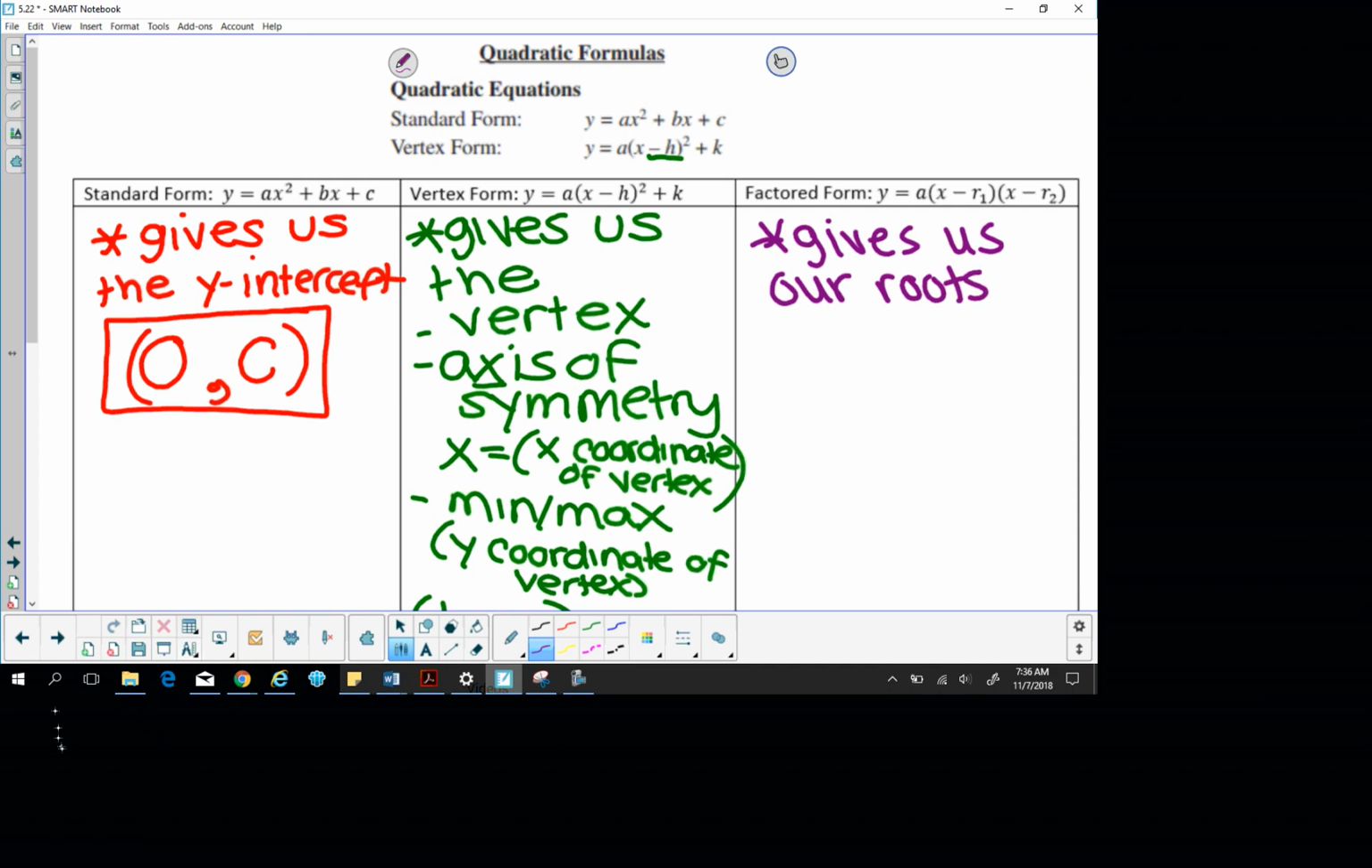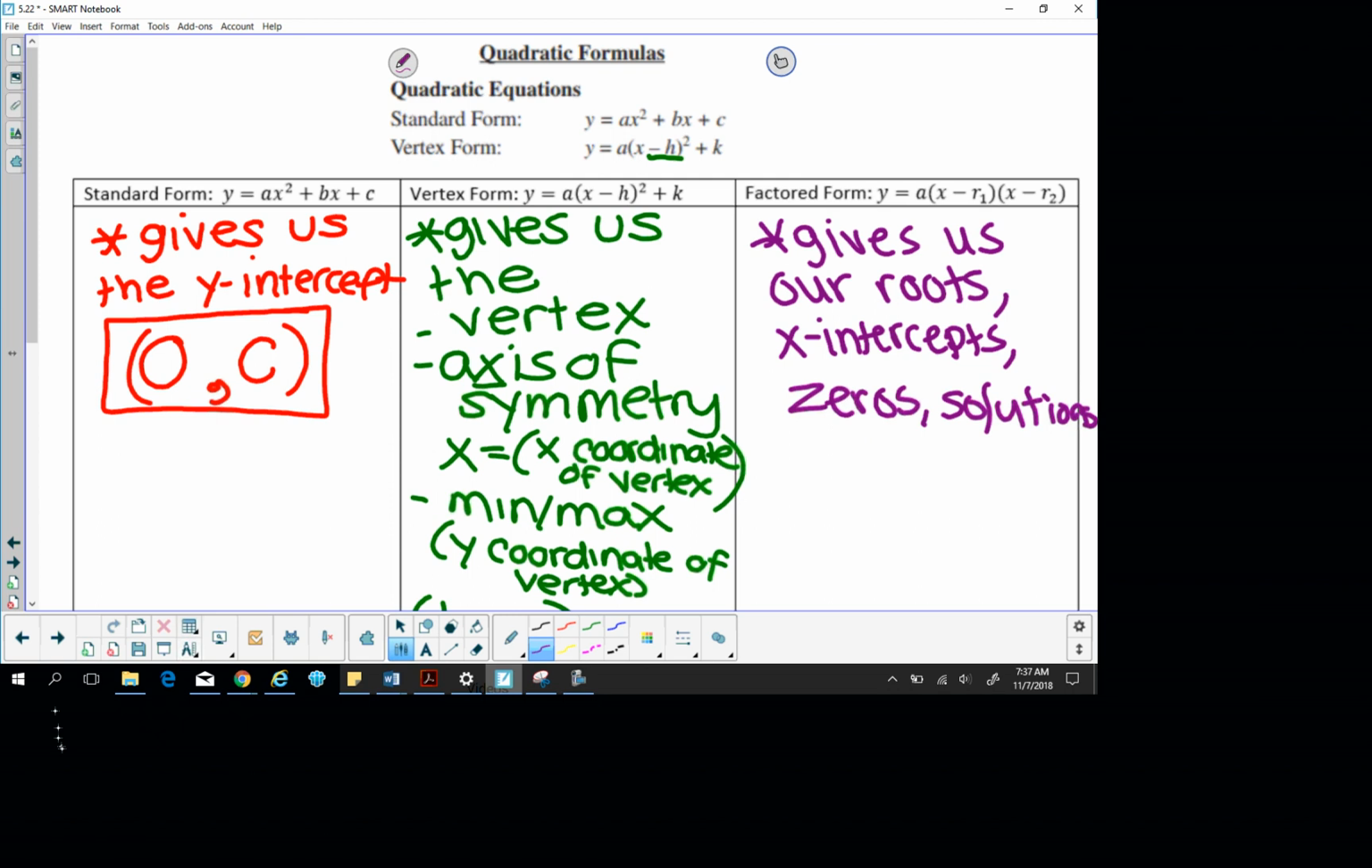Who can raise their hand and tell me what roots mean? X-intercepts. So our roots are x-intercepts. What's another word? Two more words that mean x-intercepts. Starts with a Z: zeros. And the last one starts with an S: O-L-U-T, solution. So if they say any of those words, factored form is our friend, because that means it's